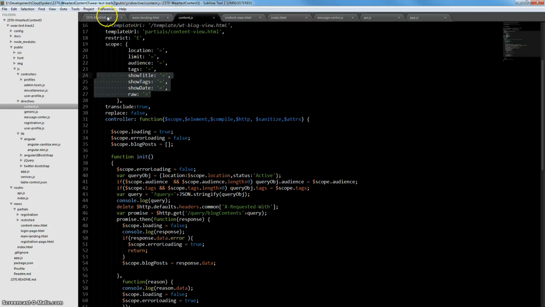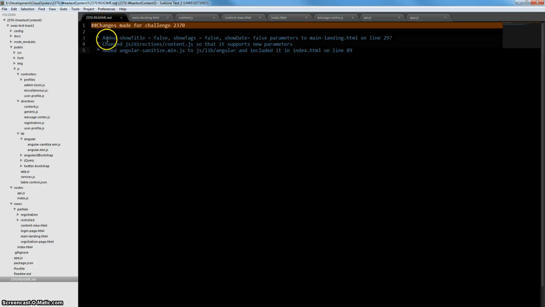So that's basically it for the code. All the changes are also in the readme file. What we did, we also had to include sanitize to sanitize the HTML,